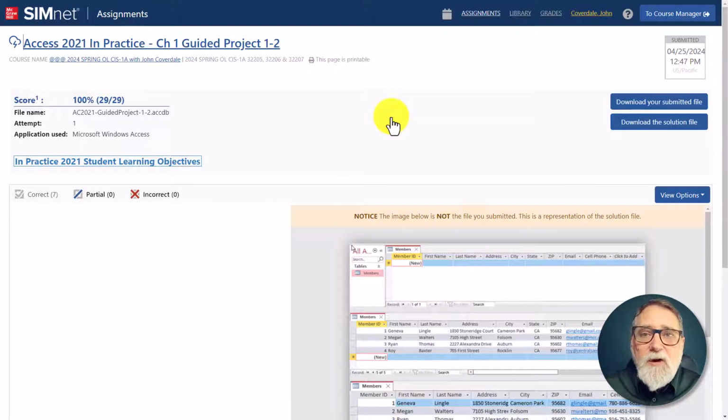The most common problem people have in not getting 100% is something to do with typing, because there's a lot of typing and keyboarding in this assignment. So check your typing carefully. Now,